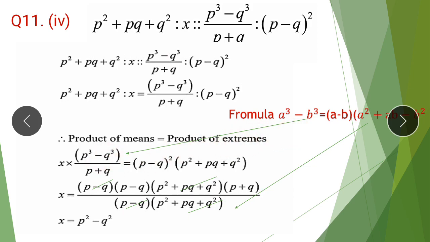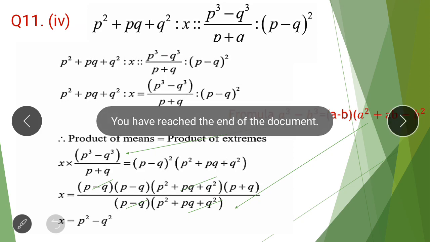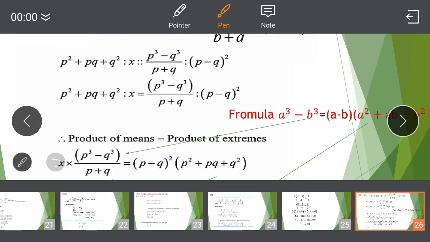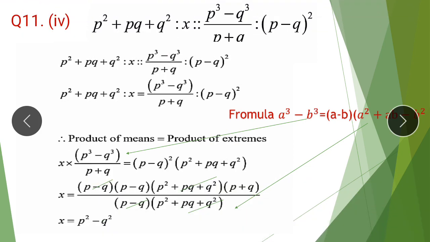As you know that a minus b... okay, a minus b, here you have to rectify it, and you have to write a plus sign in the formula. Okay, a cube minus b cube, you know, is a minus b times a square plus ab plus b square. So again, if you want to expand this, if it's p minus q, in the first bracket it will come p minus q. Then since it is cube, p square, so it will be 3p square. Then in between will be pq, then q square. When you multiply these two brackets, again you will get the same answer.